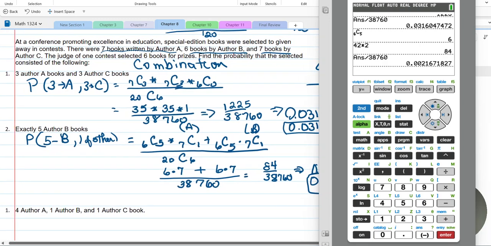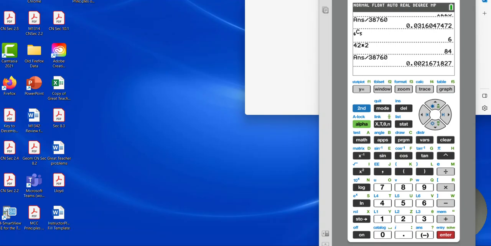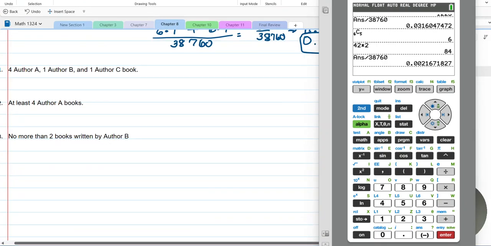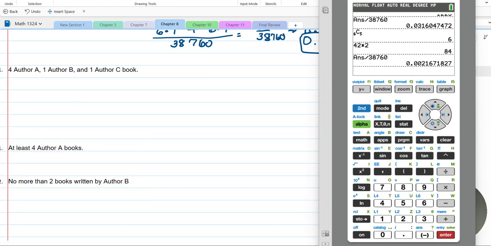Well, now we're doing this guy. All of them are what we said. Author A, 4 author A, 1 author B, and 1 author C. So we want the probability of 4 A's, 1 B, and 1 C. All right, that makes our 6. So we're going to set it up